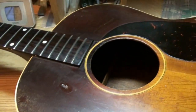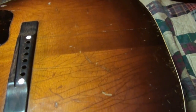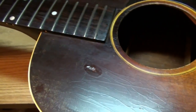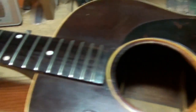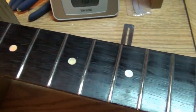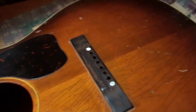I took this thing up in the shop. It's supposed to get cold, so I took it up in the shop and buffed it up. That's as good as you're going to get, folks. 70 years old, it wouldn't buff up very good, but it did get a little bit of shine to it. I got a nice set of frets here. Frets look brand new on it. So we're ready to, I got to ream those holes out and then